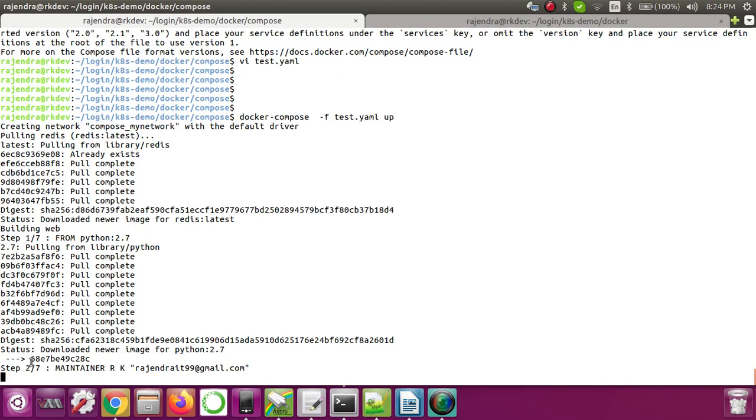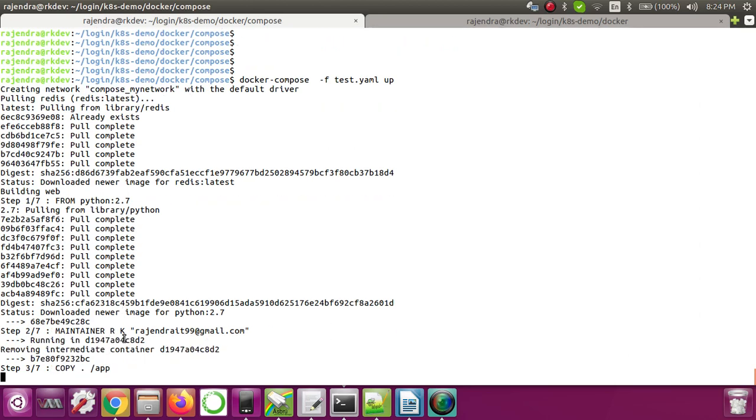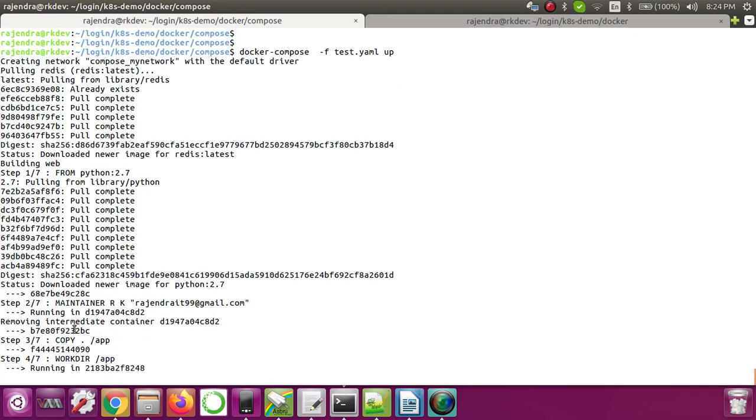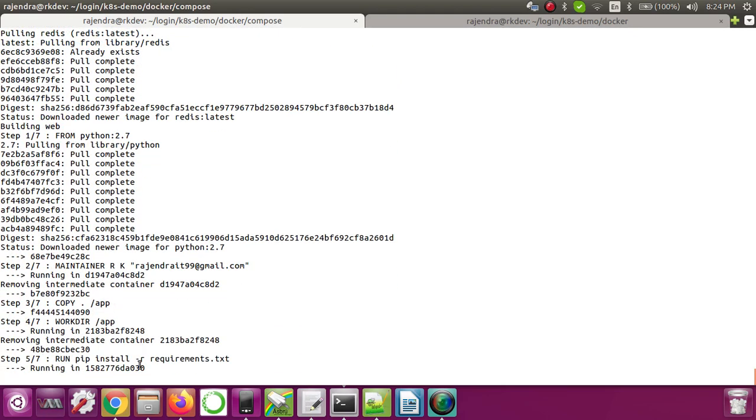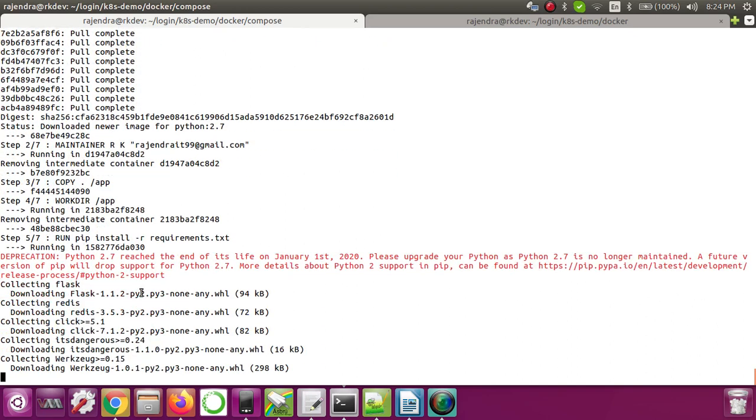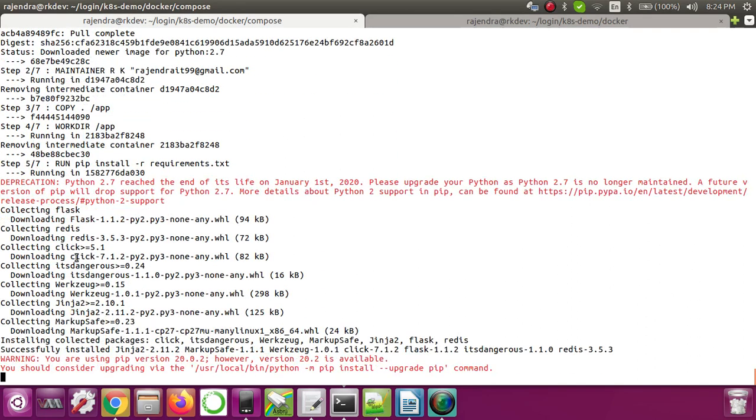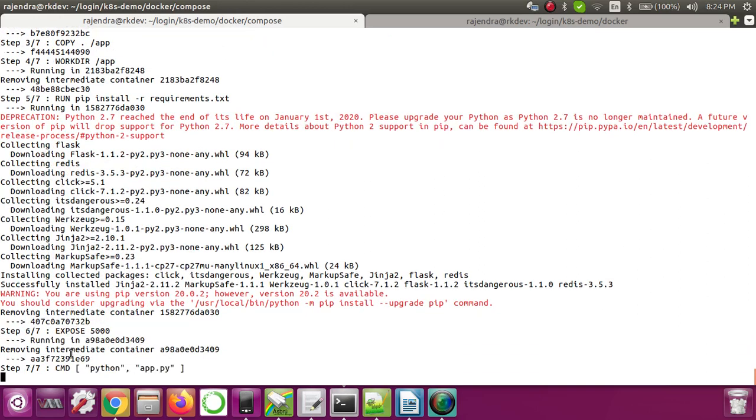So now step 2 is done. It will add this maintainer. It will take the next step now. So we have to wait for the 4th step, 5th step. Now it's almost done. So installing Flask and Redis here. That is also done. Now we are almost at the last step.